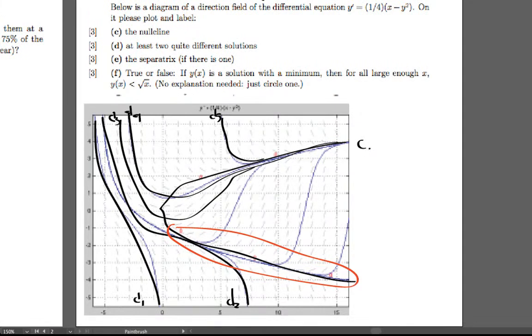If y(x) is a solution with a minimum, then for all large x, y(x)... Yeah, it's true